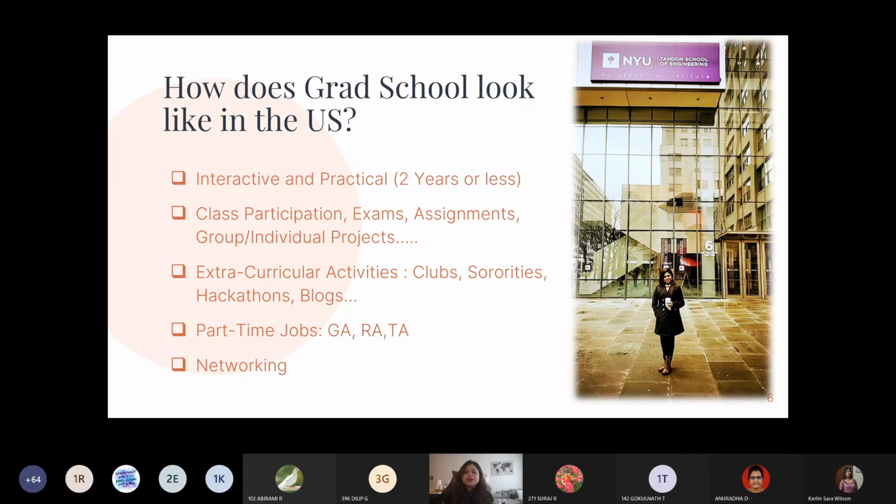So usually part-time jobs are GAs, TAs, and RAs. Graduate assistantships, research assistantships, teaching assistantships. முன்னாடி சொன்ன மாதிரி graduate assistantships is when you work in the office, like ஒரு admissions officer இருக்கும் or HR officer இருக்கும், you'll be a GA. And then we have research assistants. You work with professors who do research. If there's something of interest to you, you give them your resume, they consider you, and then you help them with research. TA is you teaching the students.